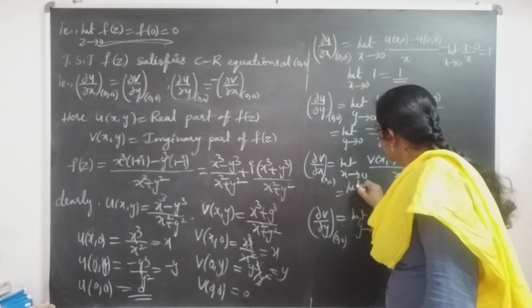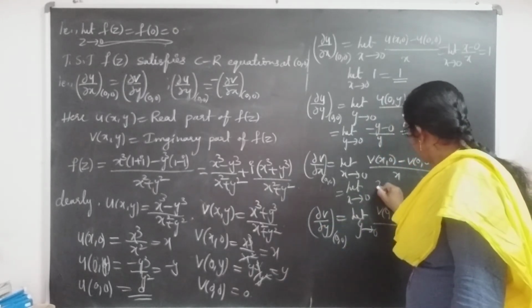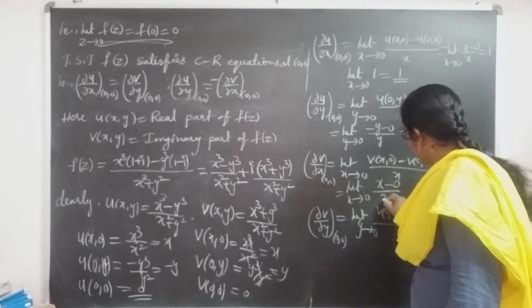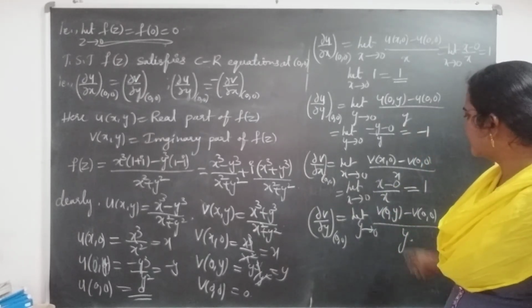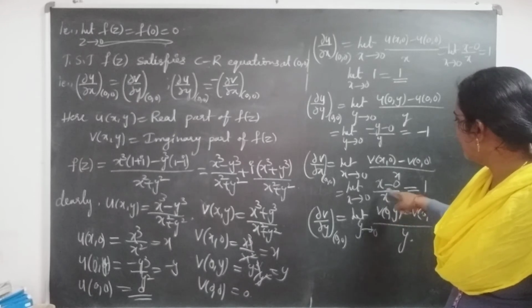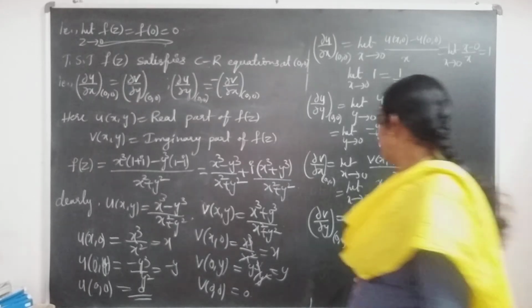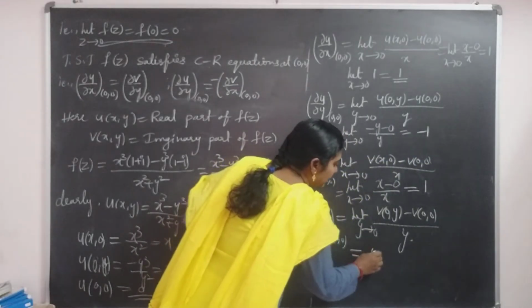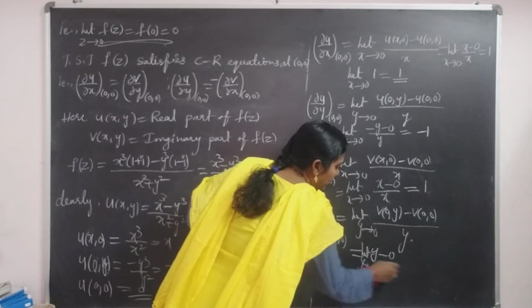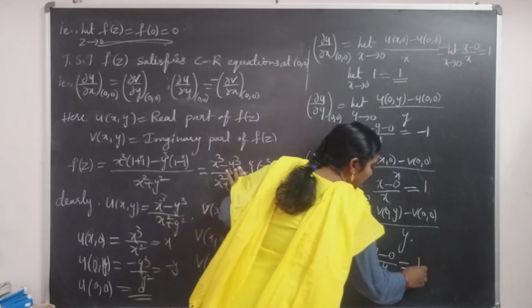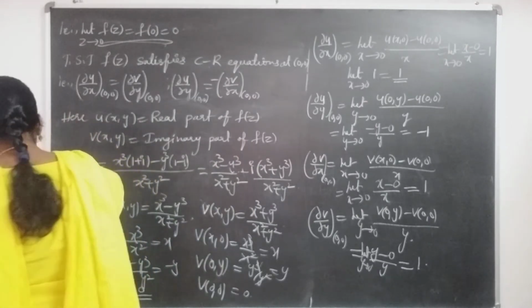Limit x tends to 0, v of (x, 0) is (x minus 0) by x, it is equal to 1. Why? Because x by x will become 1. Limit x tends to 0, constant is constant only. Then (0, y) means it is (y minus 0), limit y tends to 0, (y minus 0) by y, it is equal to 1. Here clearly